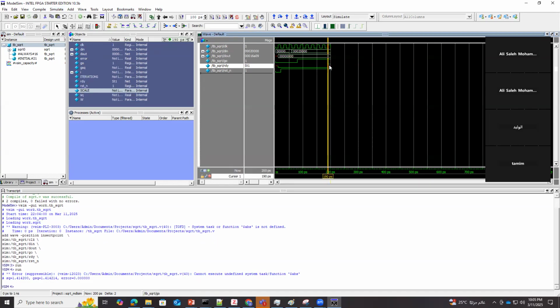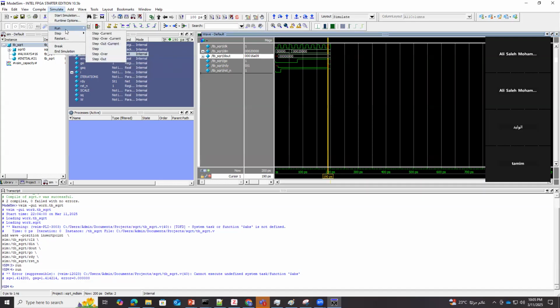Yeah, ready is 1 now. So this is the square root of 2. By the way, we're using a 16-bit scale. So the accuracy here is more than the previous time. So I can actually run